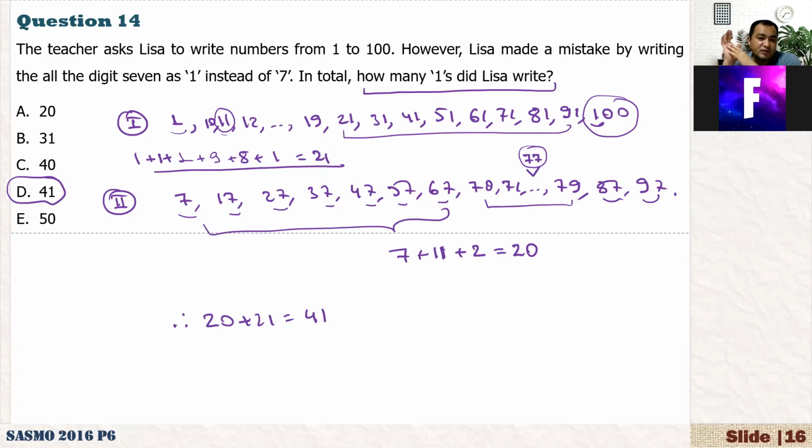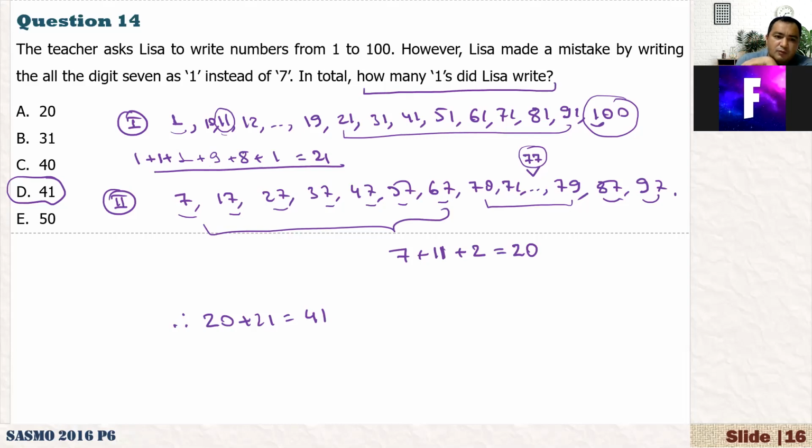Anyway, well, this is a bit tricky question. If you just miss one thing, that's why when you are solving Sasmo questions, you should not rush. Read it one more time. Even if you're sure the answer is something, one more time, just think, did I miss anything? Just ask yourself, did I miss anything? And after that, I hope you will get the correct answer.